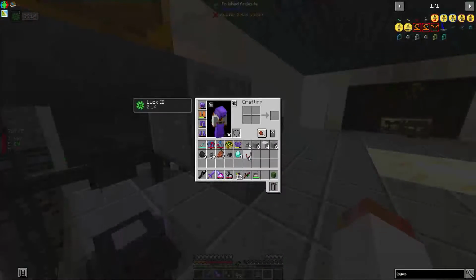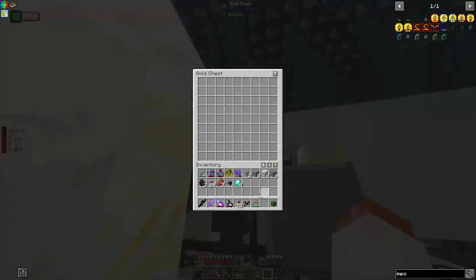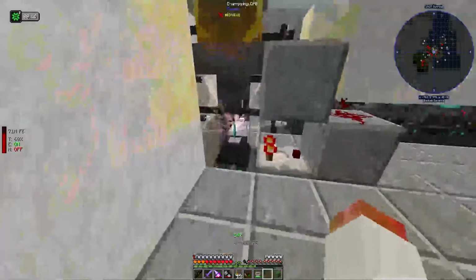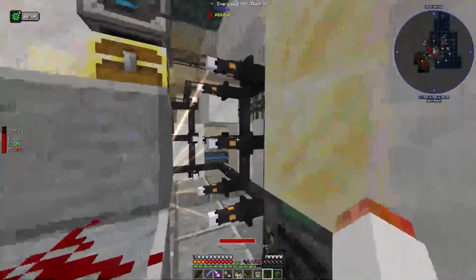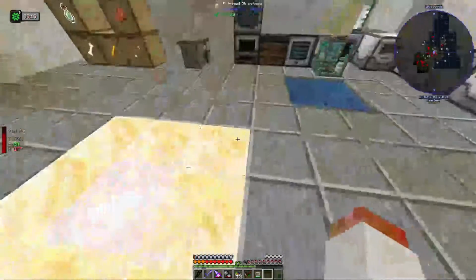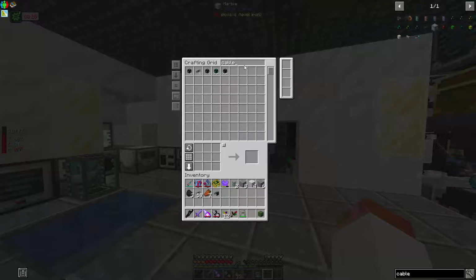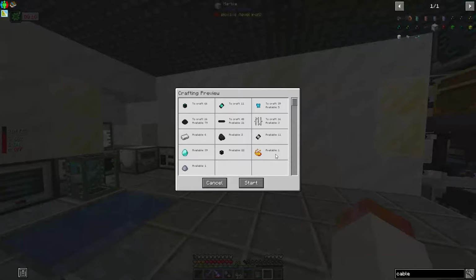So if we were to take this redstone repeater, place it back like that, go into here and do something like that, it will then craft these all up using these, which are not using the correct amount of power. But if we were to go into here and go to cable and say, let's give me a stack of these, it should be like, alright, I need 39 diamonds, let's go craft that,